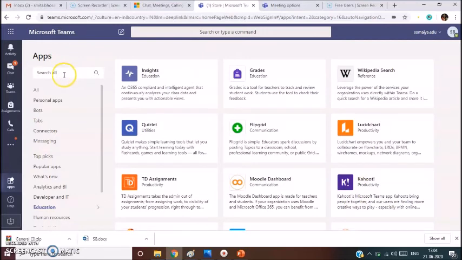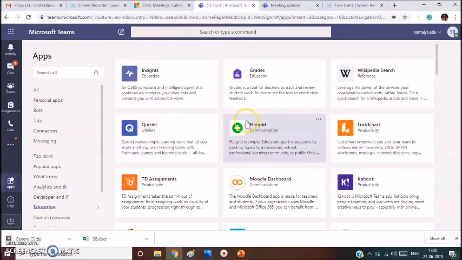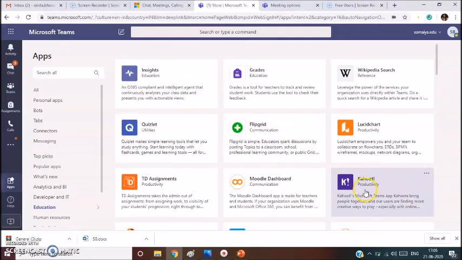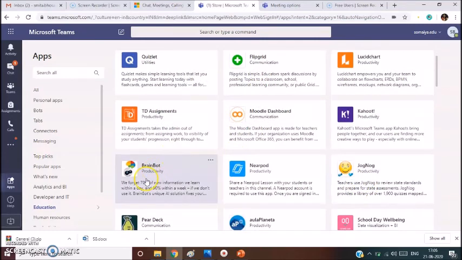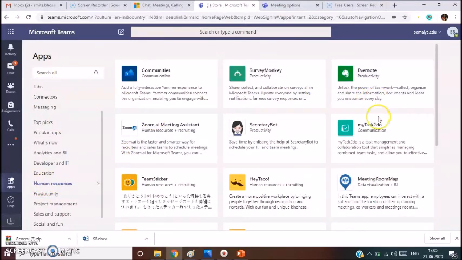For example, if I select education, you can see these are the different apps such as Quizlet, Flipgrid, Kahoot, Insights, BrainBot, etc. So you can just search for a field and you can get the different apps which can be used during your presentation.